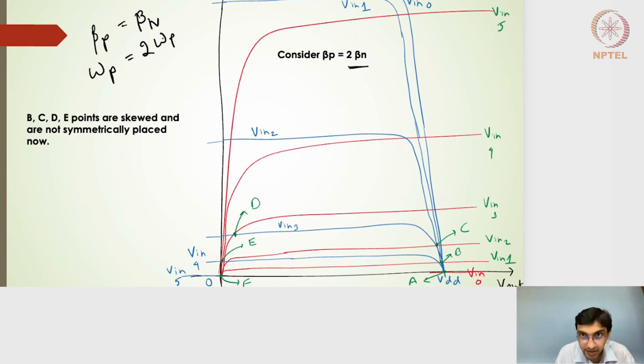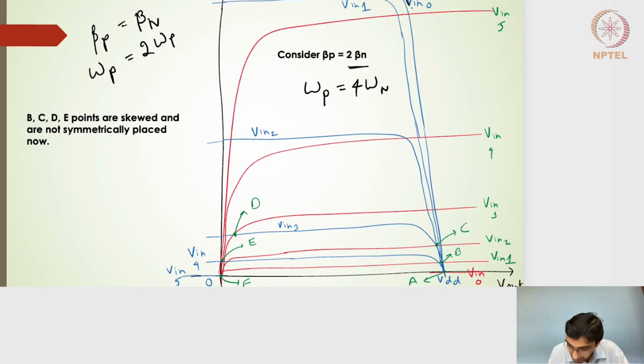And if I want to make beta p equal to 2 times beta n, I will make the PMOS width 4 times the NMOS width. And that's where we will get beta p equal to twice that of beta n. And if I draw the IV characteristics now,